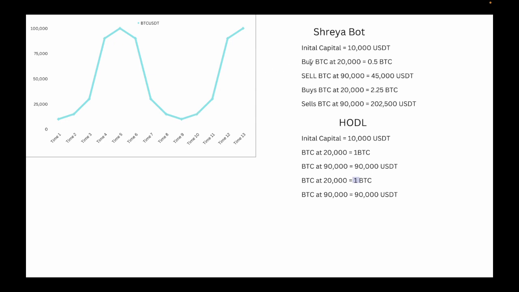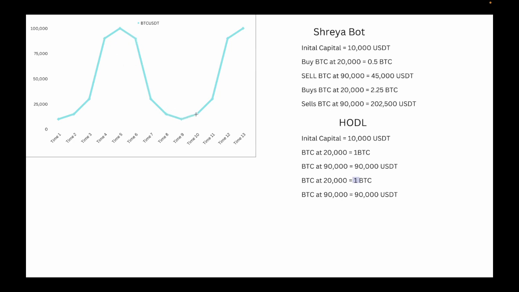For an initial capital of 10,000 USDT, which we started with on both strategies, in the buy and hold we bought one BTC when it was at $10,000. Then somewhere around $20,000 we still had one BTC and we had made 100% profit, which was really awesome. Then at $90,000 we had 90,000 USDT worth of BTC in our wallet, around this point. Then the price of BTC fell back down to $20,000